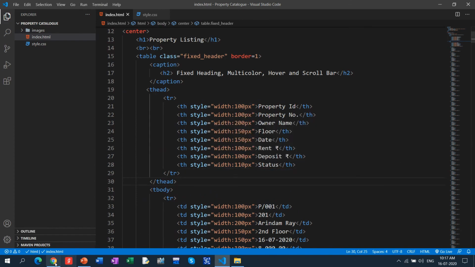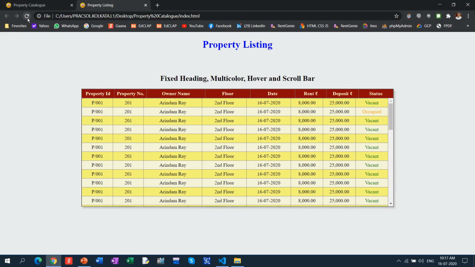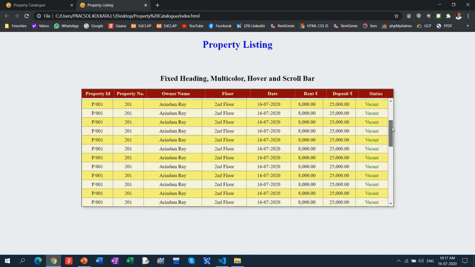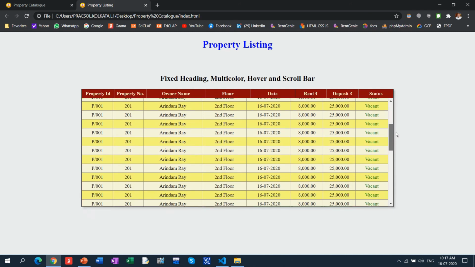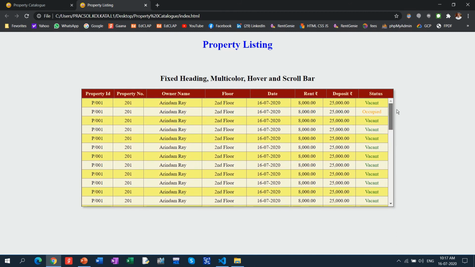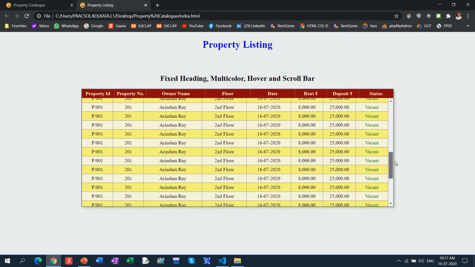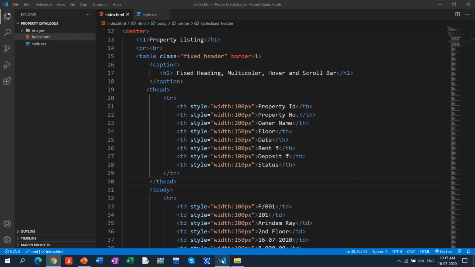Let me see what happened. This one, 100, is nice for all these things, because here only the formatting and the structure need to be fixed, so I made it 100 only.